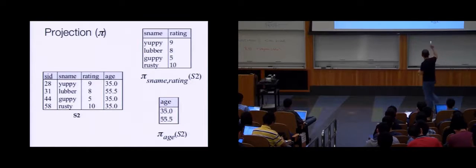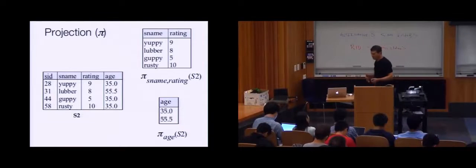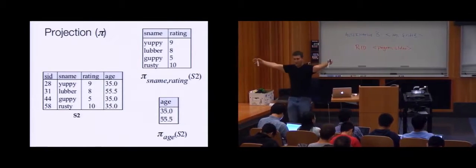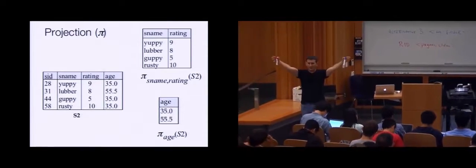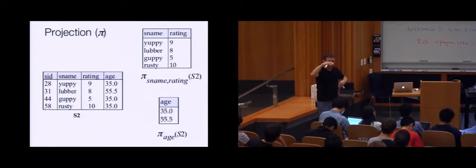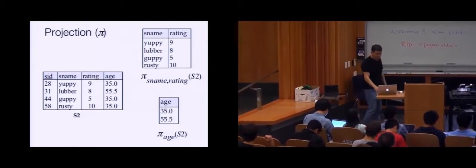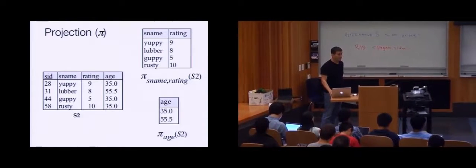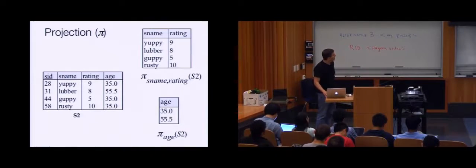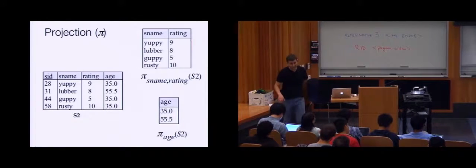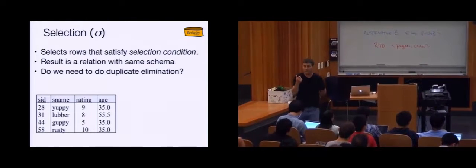All right, fair enough. I just want you to focus in on that. It's going to affect the sizes of the outputs of our table. So with projection, we know the widths of the table. We know the types. We know the names. But we don't know the height of the table. It's smaller than the input, but we don't know how much smaller. So that's projection. Selection selects rows that satisfy some selection condition, which is a Boolean expression,